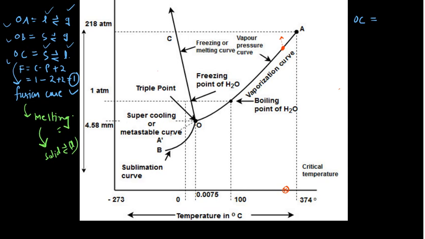Say this point is x, and at this point x I have fixed the temperature and I am increasing the pressure. When you increase the pressure, you will move in this particular region. Whenever you have two phases, say your gas in equilibrium with the liquid, since temperature is constant and you are increasing the pressure on the gas, what will happen?